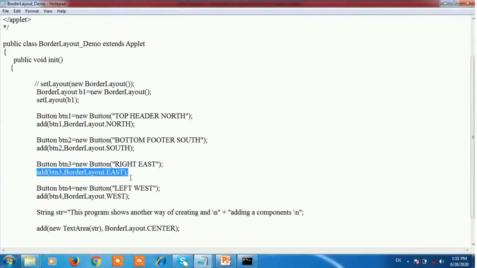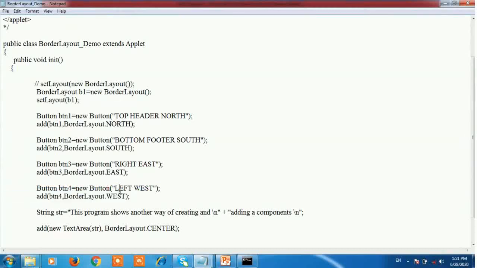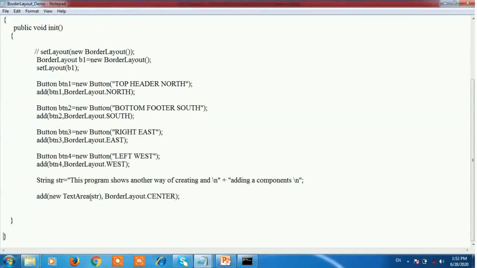The add method is used to add the component btn3, BorderLayout.EAST. Same for button 4. btn4 is an object of Button is equal to new Button. The string is left, and add the component using add(btn4, BorderLayout.WEST).